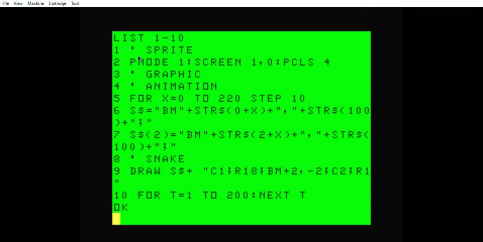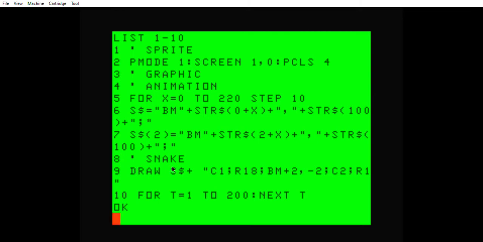So I just have a screen set up, and then after that I have my graphics set up. So I put a for next loop here so that it goes across the screen and it fits, and I use step 10. It doesn't go outside the border. And I've incorporated str $ into this. So I have $$ subscripted 1 and 2 because we need 2 of these. And what you do is you just substitute,